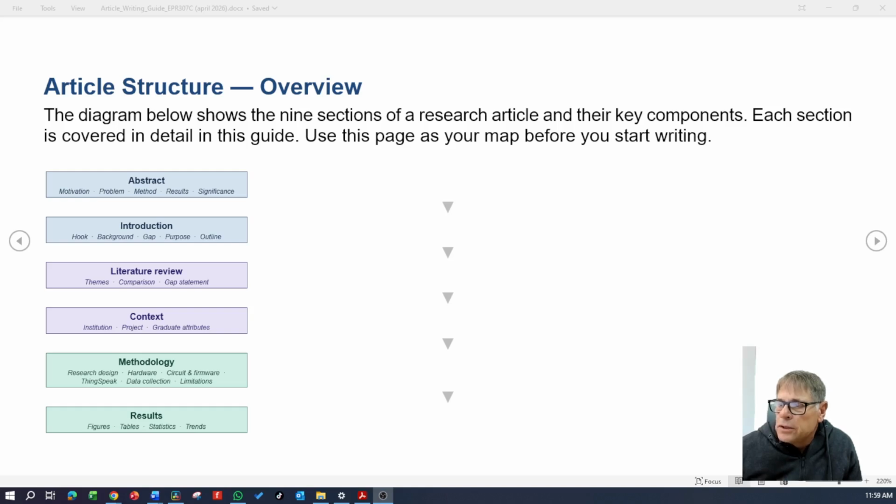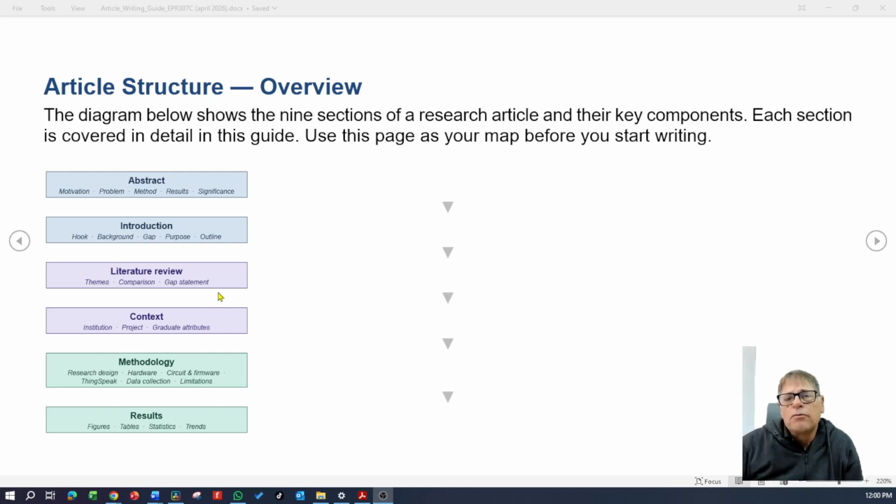The next thing is your introduction. Now with the introduction, you need a hook, something that's very much relating to your research and will spark the interest of the reader. Then you'll go into the background. Remember, the reader does not know the background of your study. So just briefly the background that leads to your study. Then you'll go directly to the gap. The gap you'll identify in your literature review, but your gap is also mentioned in the introduction.